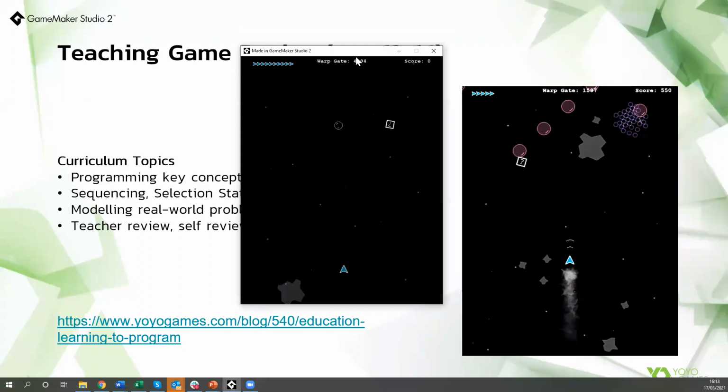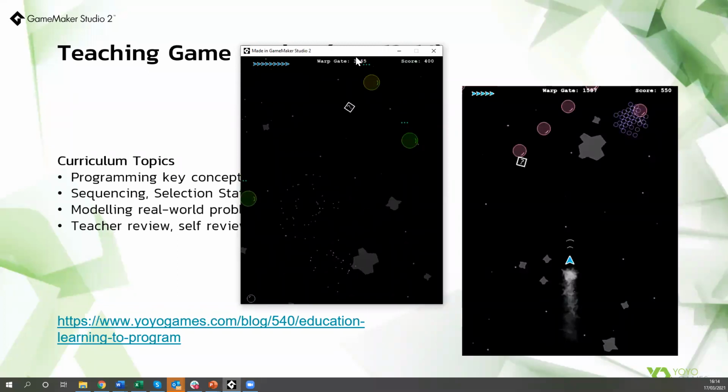So you can see my little craft at the bottom, and there's bubbles coming towards me. You've got power-ups here, like the one I've just got. I've got a speed upgrade. You can pop bubbles with your gamma rays, and what you can see is that we're heading towards a warp gate, and if you look in the top middle, you can see how far away that is. We've got lives, so I've just lost a life there,